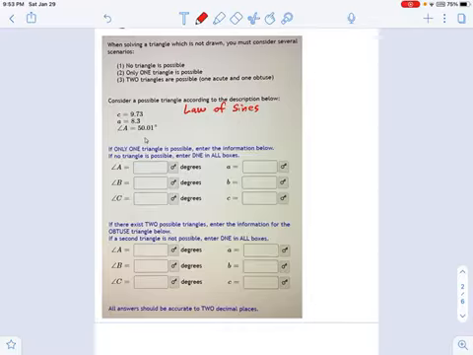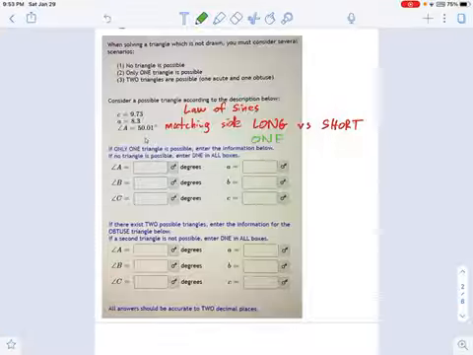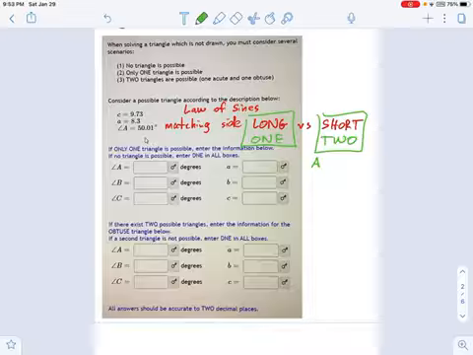And the test, remember, the test is the matching side. So if the matching side is long, that's going to give us a different scenario versus if it's short. If the matching side is long, remember that tells us there is only one triangle possible. Whereas if it's short, that tells us there are two triangles possible. That's called the ambiguous case. Ambiguous meaning we're not sure which one of these triangles it is.